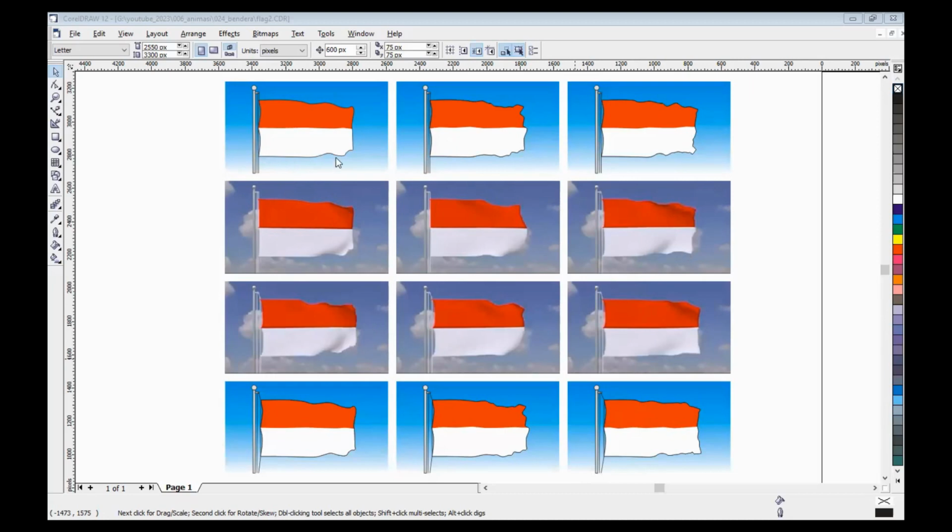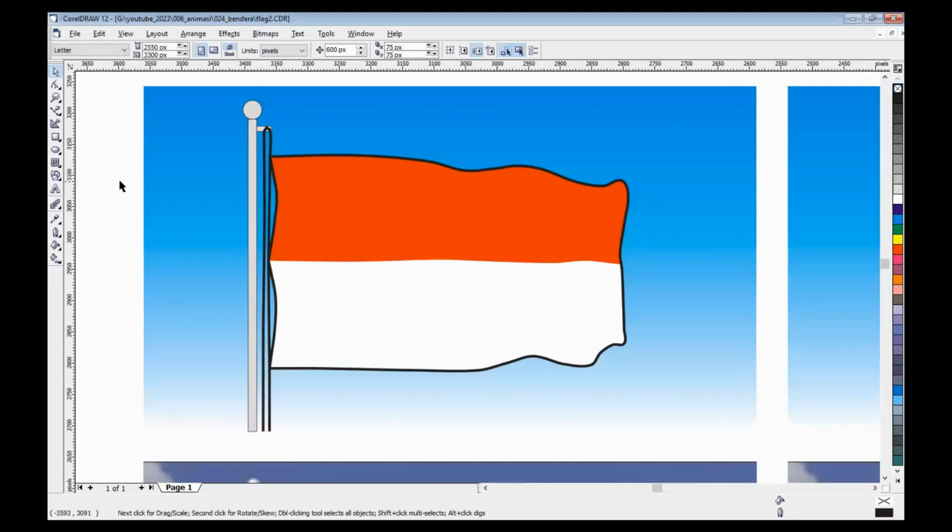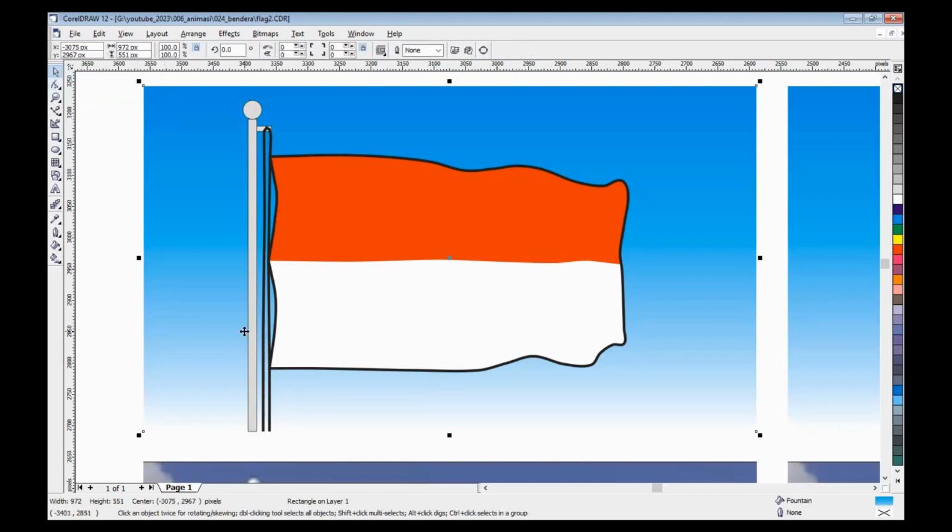Then I use the Bezier tool, then freehand. After that, use the shift tool to modify the curve, and then use a background gradient color.